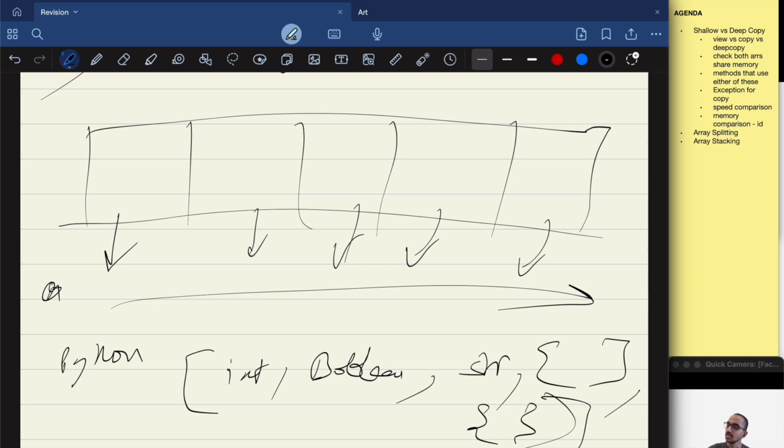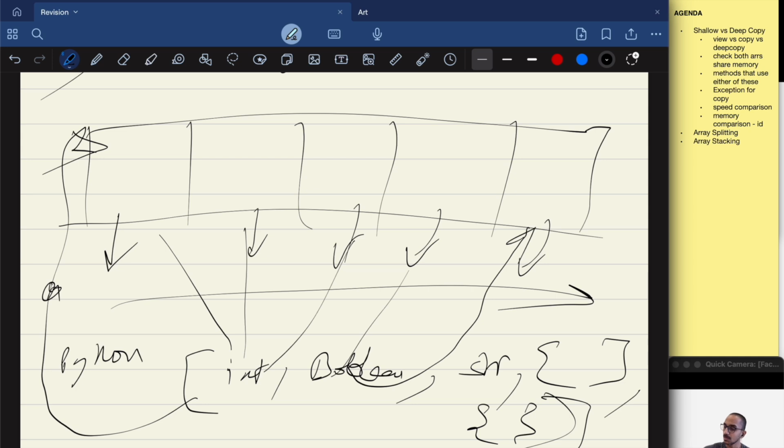So these are not stored in contiguous memory locations. These are stored in some RAM. So this value can be here, this can be in some other location, but that's not the case here, since